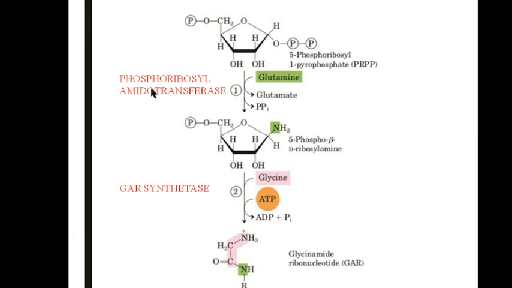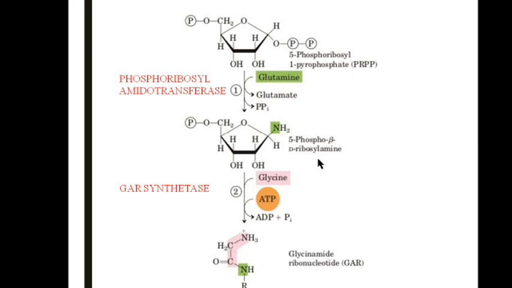Now what does it do? Phosphoribosyl amidotransferase, the name itself indicates that it is going to transfer the amino group from glutamine to the PRPP. This enzyme picks up the amino group from glutamine and puts it into the PRPP. Thus you can see here the amino group is added over here. Hence the compound becomes 5-phosphoribosyl amine. The pyrophosphate group gets out from here. You can see here the inorganic pyrophosphate is removed, in the form of PPi. The amino group got attached here, hence the compound name is 5-phospho beta D ribosyl amine.